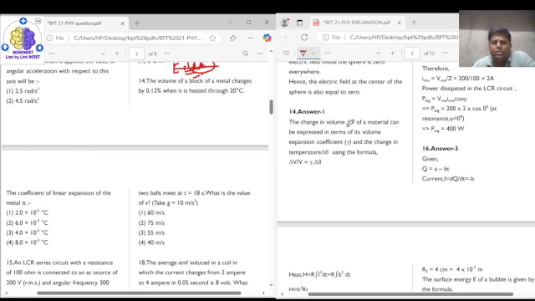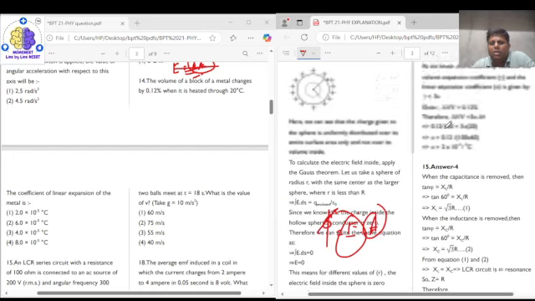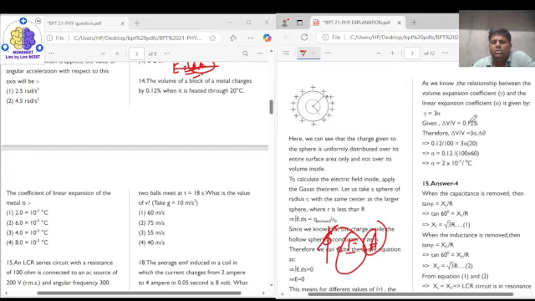So the change in volume of the material can be expressed as delta V upon V is equal to gamma into delta theta, right? Change in the volume with respect to the original volume is gamma into delta theta. So gamma is equal to 3 times alpha, right? What are gamma and alpha? Gamma is the coefficient of cubic thermal expansion, that is volumetric thermal expansion, and alpha is the coefficient of